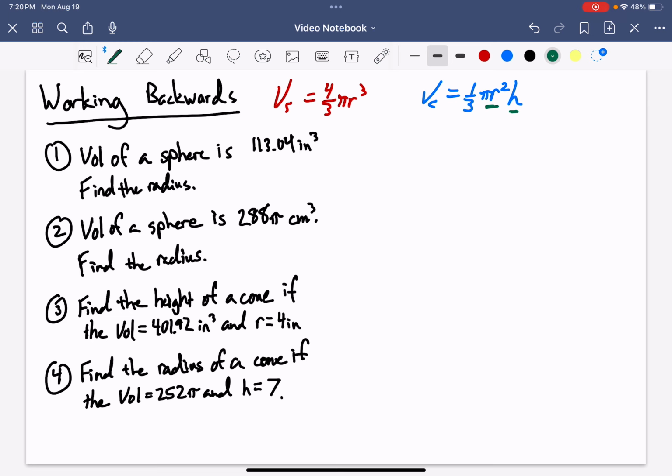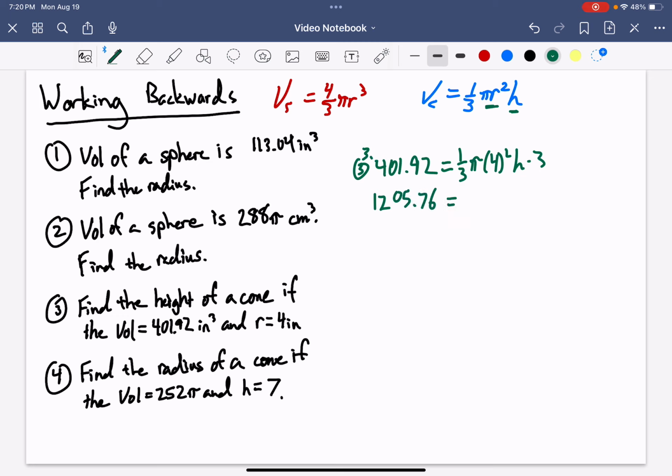So for the first one, I'm given that the volume is equal to 401.92, and that is equal to 1/3 pi, and I'm given the radius 4 squared, and then times h. And I'm trying to find h. So a couple ways you can go about it. One, I don't like the fractions. So right off the bat, I'm going to times everything by 3, so that way it's just out of my way, and I don't have to worry about it anymore. So I times that by 3, I have